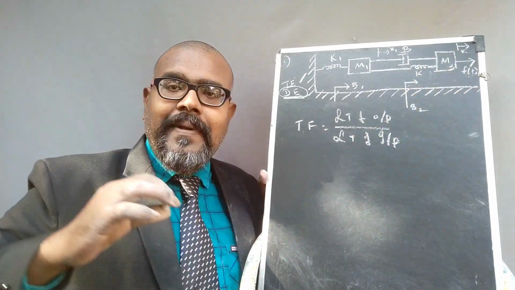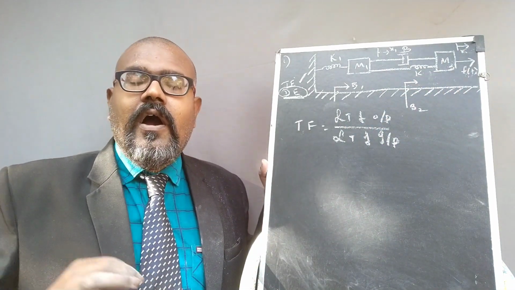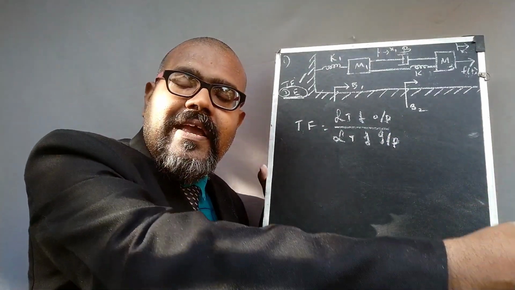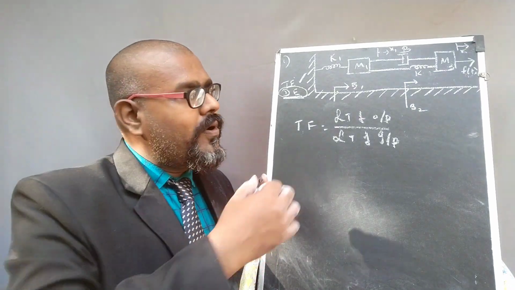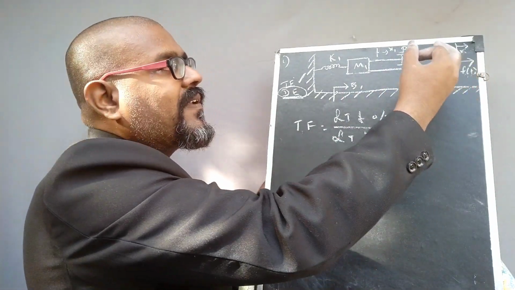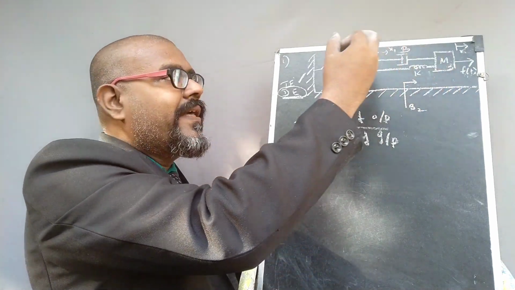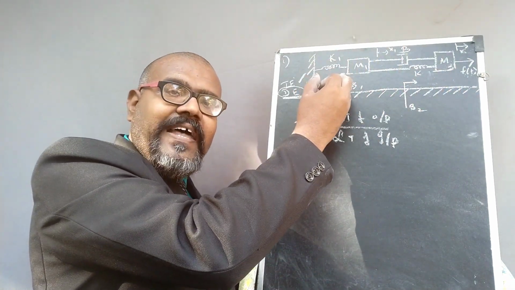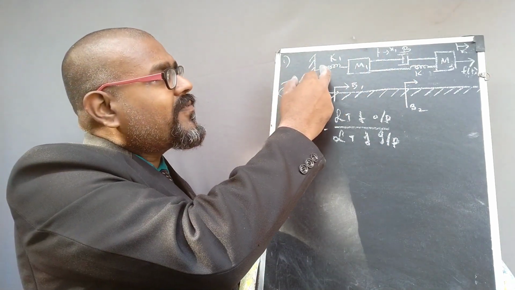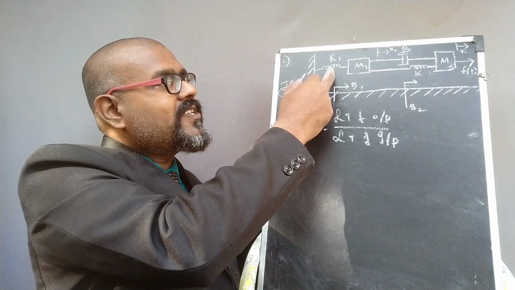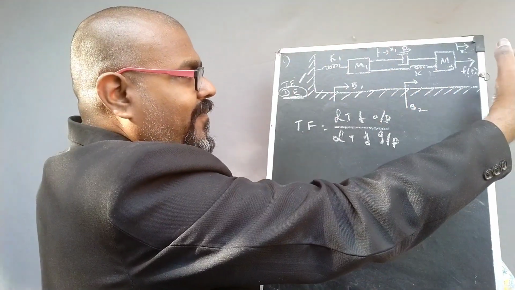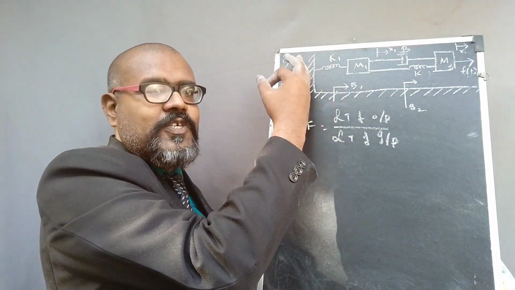Of course, we know that the applied force is the input. According to the applied force, the final displacement attained by the mass is the output of the system. So we are applying force here. Then this force goes to mass m2 and then to mass m1. Because of that, m1 attains the displacement x1. Then, because the spring is attached to the wall, if you apply a force here, the force moves towards it and reaches the wall.